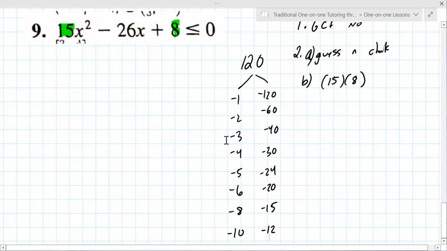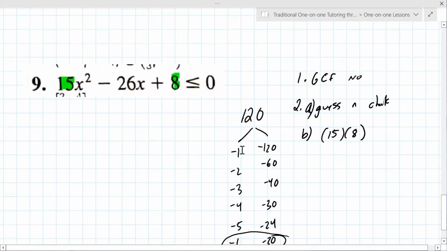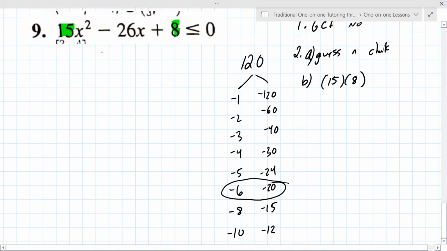Was it that one? Is that one? And then sometimes you misremember which one. What am I even trying to do here? Because we're trying to actually get to minus 26. One of them has to be negative. They're both negative because they add up to a negative, and this is positive. So the reason you do that is you break apart the 26x into minus x minus 20x,